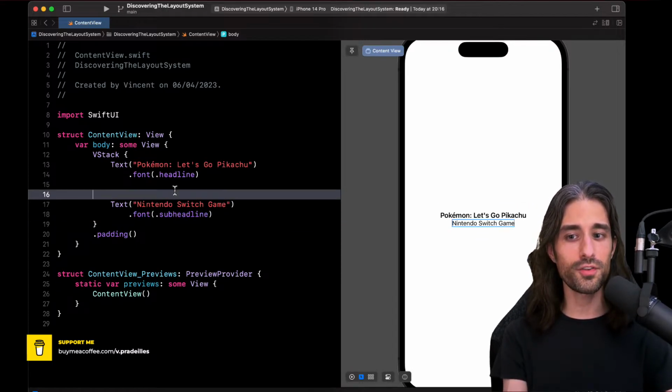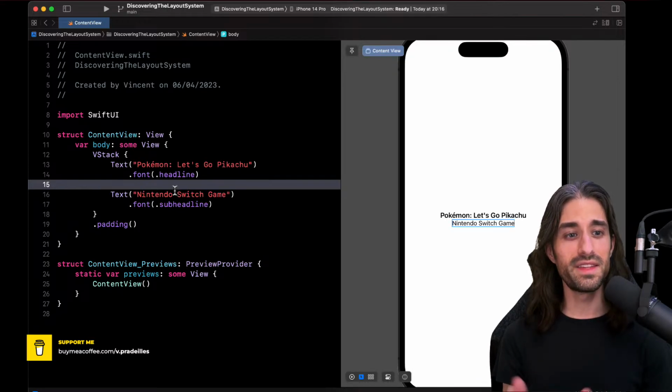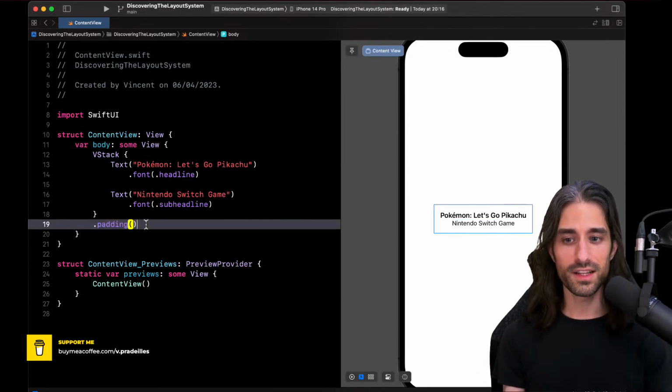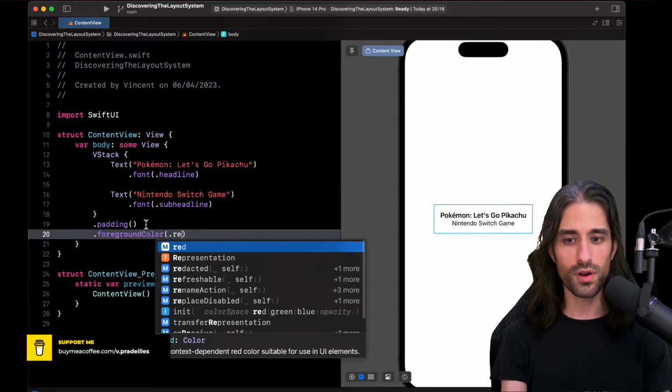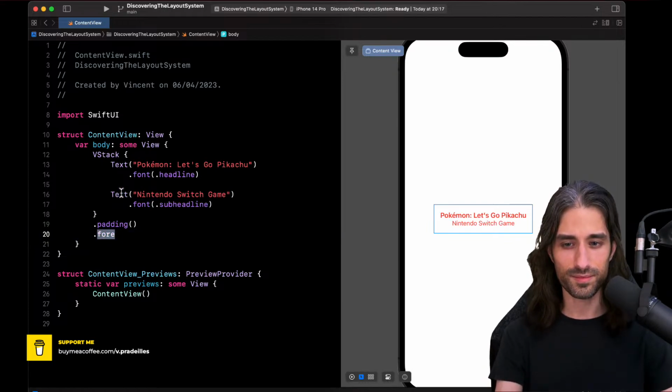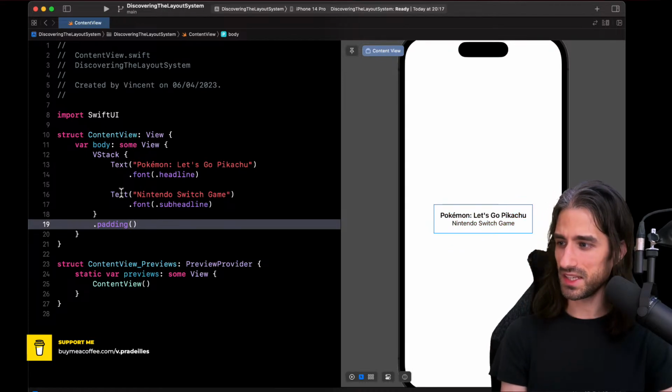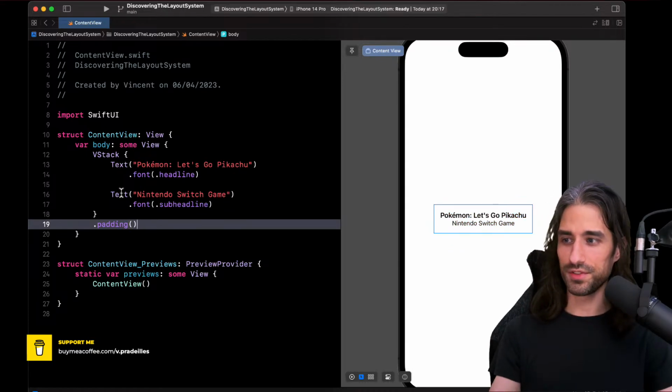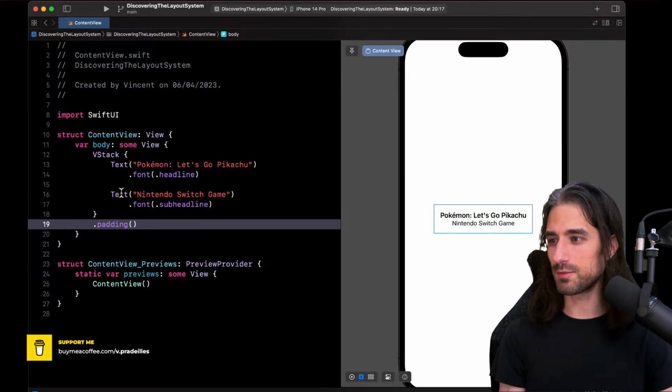I wanted to highlight it more specifically because, as we will see later, there are some modifiers which can be factored out. Actually, let me show you one. For instance, foreground color, we could factor it out, apply it at the level of the VStack, and this modifier would be distributed, we could say, even though it's a little bit of a simplification, over all of the views inside the VStack. Okay, let me check my script. I wanted to say that we had to add a color modifier, so that's perfect.